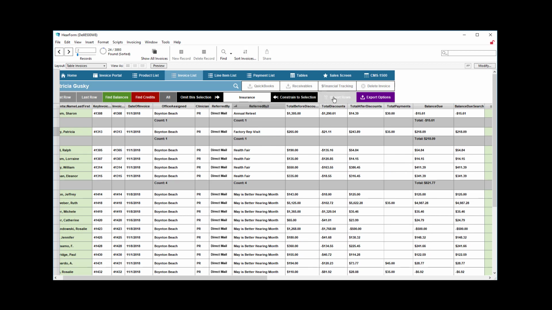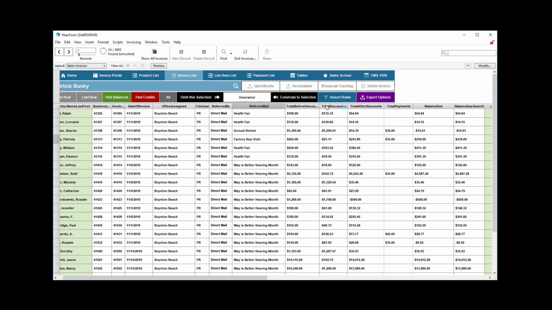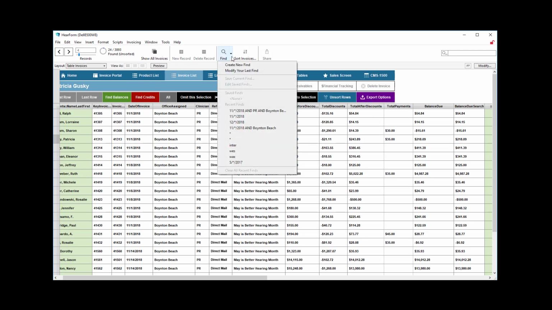You can also unsort your rows very quickly, which means put them back in the order that they were originally entered, but not sorted or arranged by any other category. So just by clicking that button, we can do that. We can also export a group of records, 24 records here, or again, let's just do another search. As you might recall, if I click the triangle to the right of the magnifying glass, I have some other options here, and I can say, well, okay, let's just do this